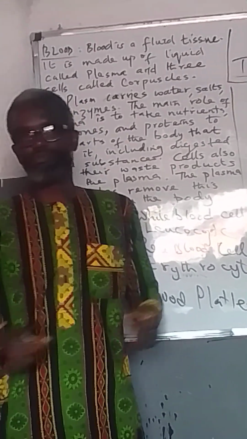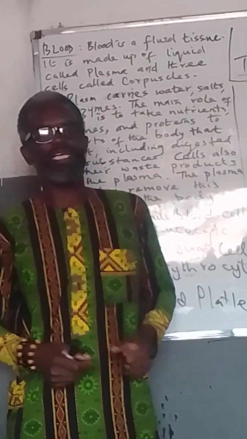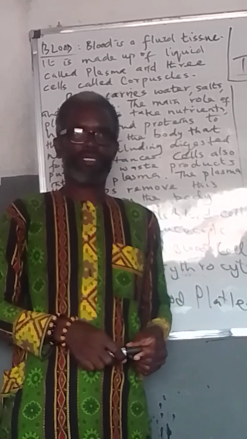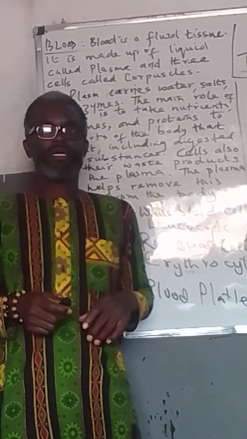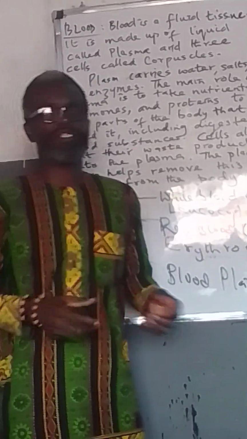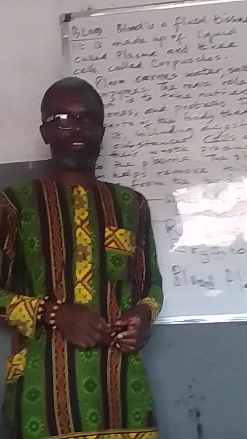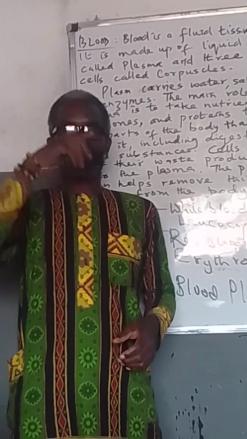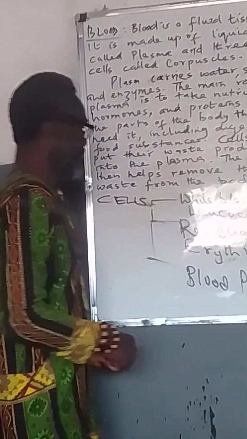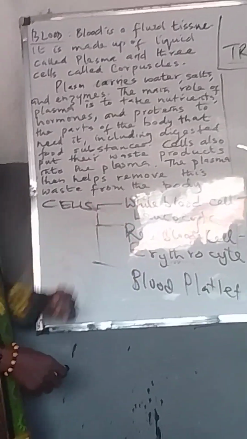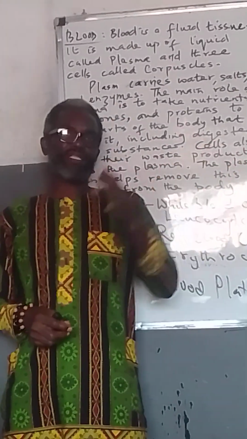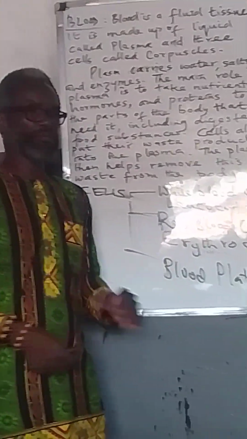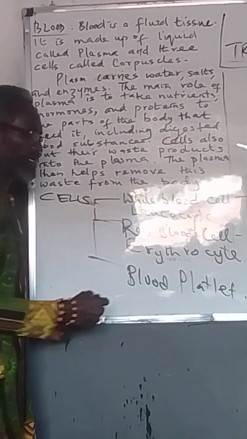And the oxygen that is moving in the body is called the oxyhemoglobin. Then it carries carbon dioxide from the lungs, and when blood is moving the carbon dioxide, it is called carboxyhemoglobin, to come out through the nostril. So we have the red blood cell. Then the white blood cell fights germs in the system. There are different types of white blood cells, which we are going to learn as we progress. Then the blood platelet helps for blood clotting.